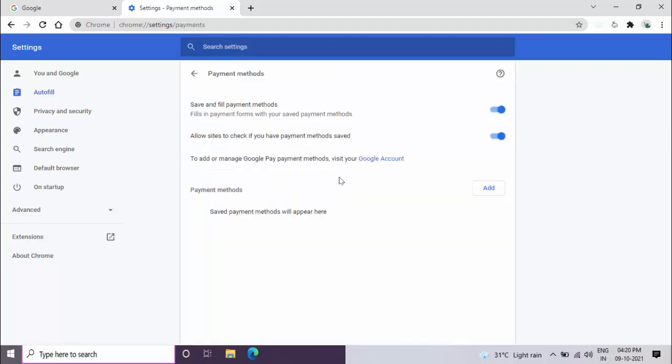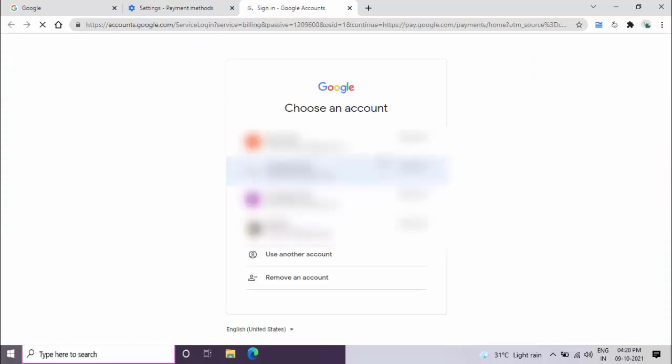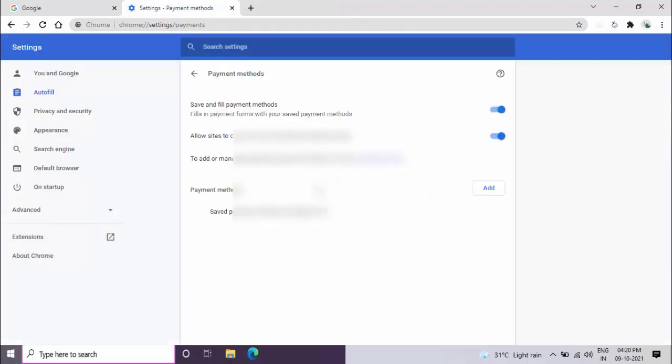Just click on it, and here you can get the option to add or manage Google payment. You need to visit your Google account. You need to click on that Google account link, and here log in to your Google account. After that you can get the option to remove the payment method to clear the autofill data on your Google Chrome browser. So one more thing you can do guys, just close this tab, and here in the settings page